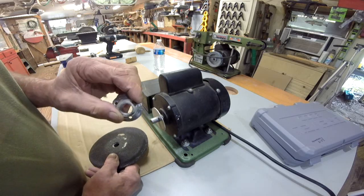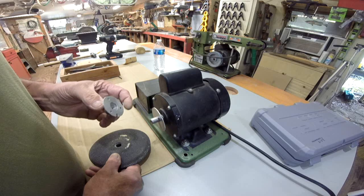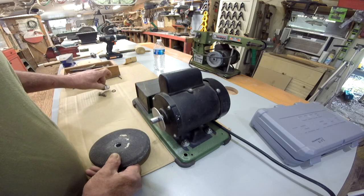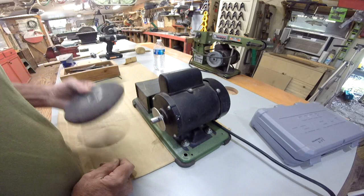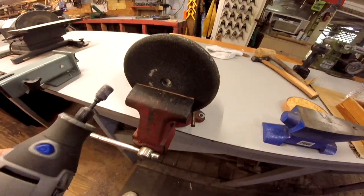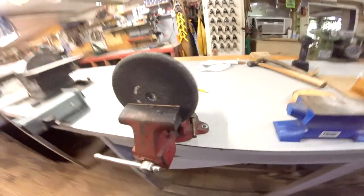And then this piece here is a piece actually off of the grinder when it was a belt sander, and that'll fit on there, and the set screw will hold it all together. Alright, so let's set this up in the vise and get out the Dremel tool, and we'll get to going on it. Now I can't really get the camera around here to show you, but just going to take the Dremel